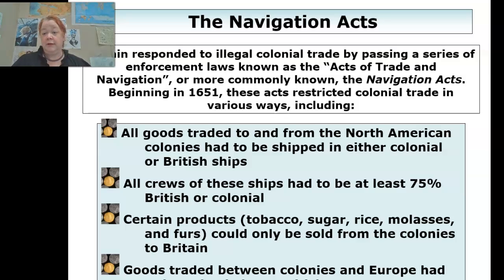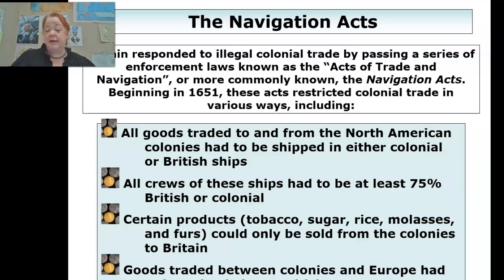So they could not just have the Spanish help them or the French, because, look, if it's going to stick it to the British, the French will do it. Just a clue as to why they joined the American Revolution. It's not that they so greatly believed in our cause, as they really liked sticking it to the British. All crews of these ships had to be at least 75% British or colonial, so you couldn't even hire that many people who are not a British citizen.